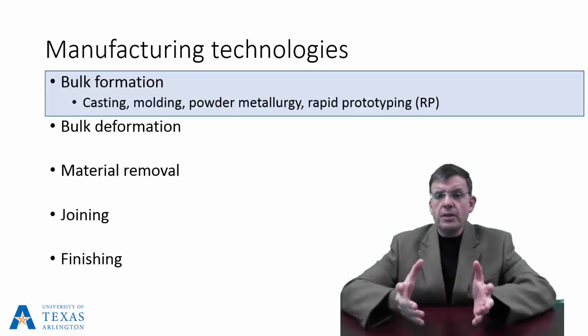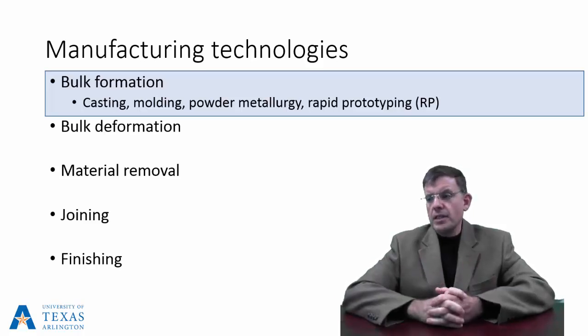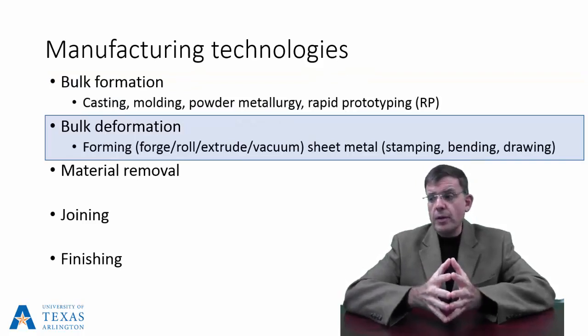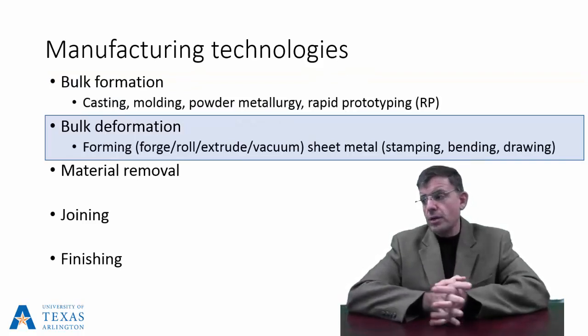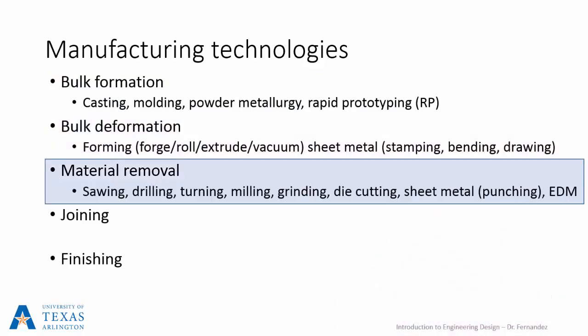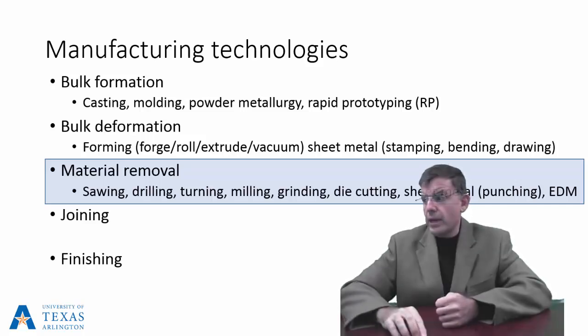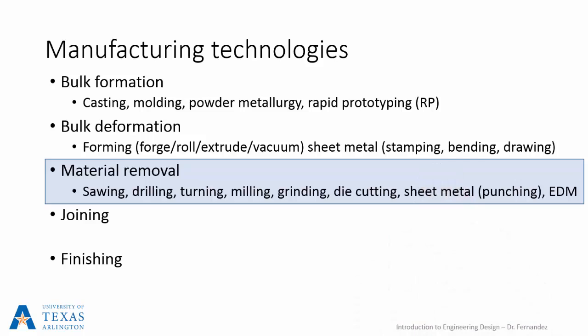Okay, so bulk formation processes, common suspects in there: casting, molding, okay, and rapid prototyping. Okay, bulk deformation, that's when we're talking about forging, okay, and extrusion processes, and sheet metal being sort of its own universe. Material removal, some of the most common processes are here that you would find in a prototype shop. Okay, so sawing, drilling, turning or the lathe, milling, okay, some of the most versatile machines again there. Okay, grinding, die cutting, and then sheet metal processes again on their own category as would be the EDM processes,